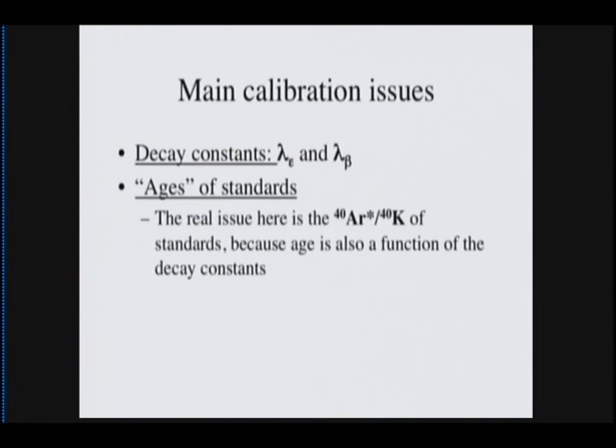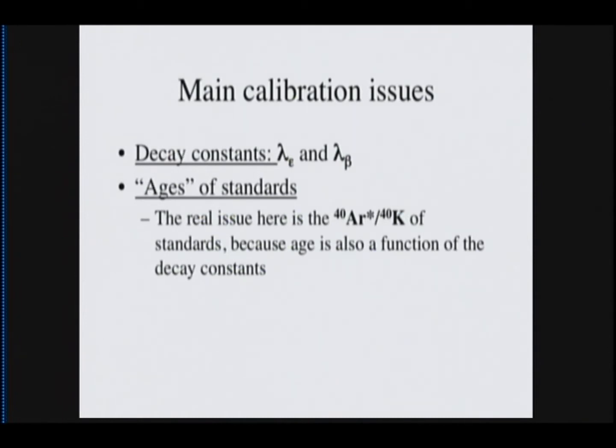So there are two basic sources, or basic kinds of calibrations or categories. One has to do with the decay constants, the electron capture and beta decay constants. Both have some uncertainties, and that has to propagate into the age. And then uncertainties related to the ages of standards. And when I say ages of standards, I'm putting this in quotation marks